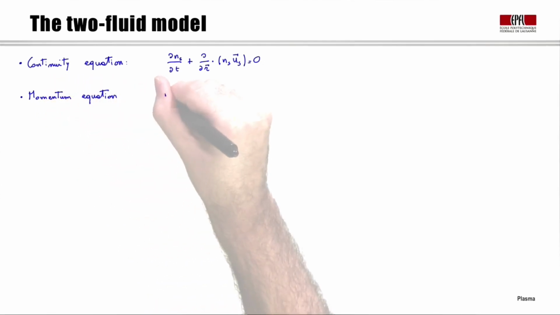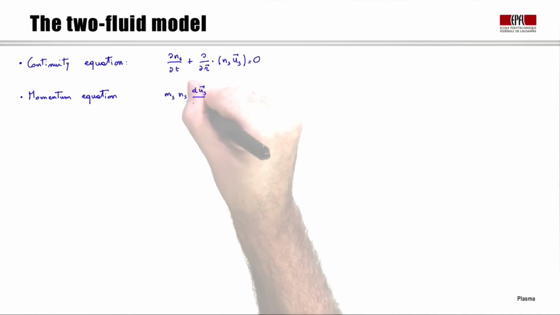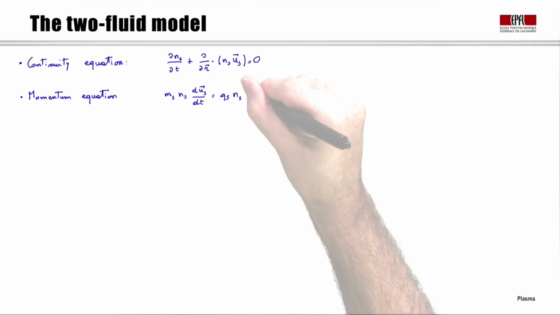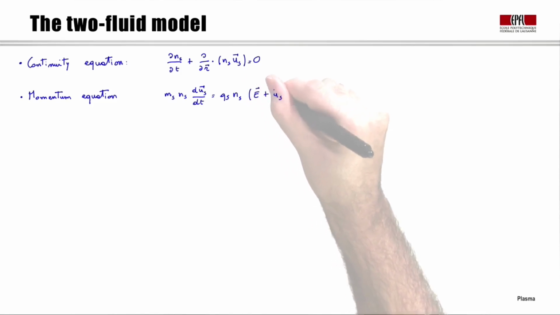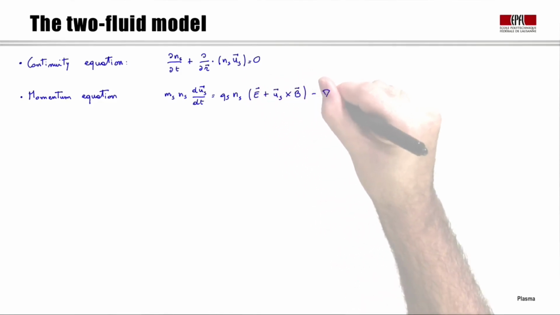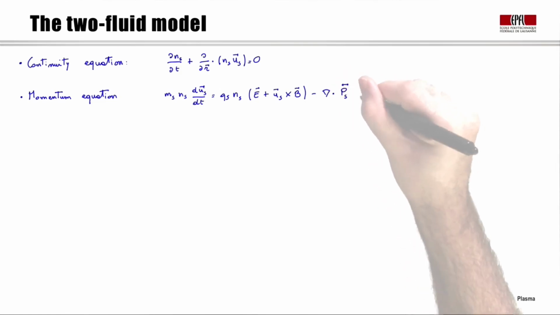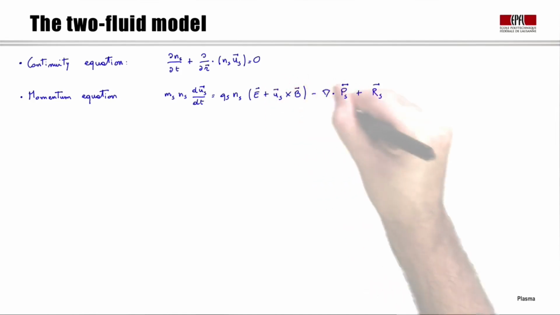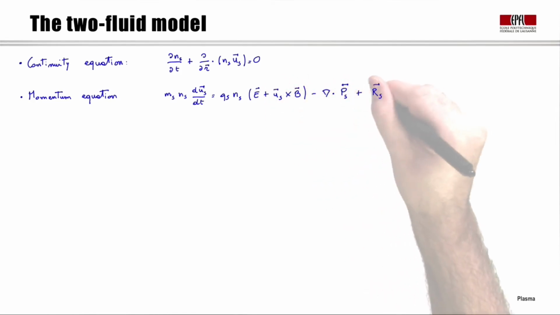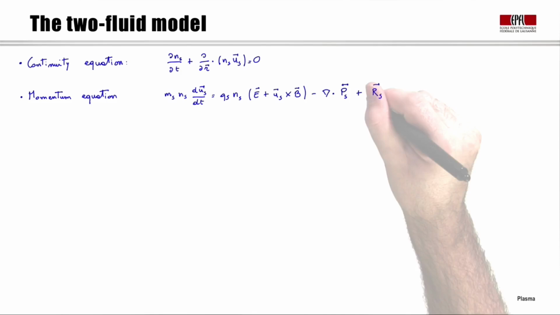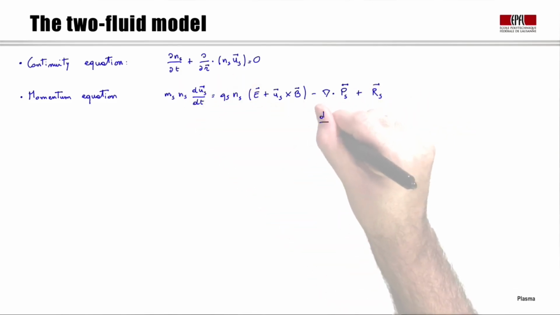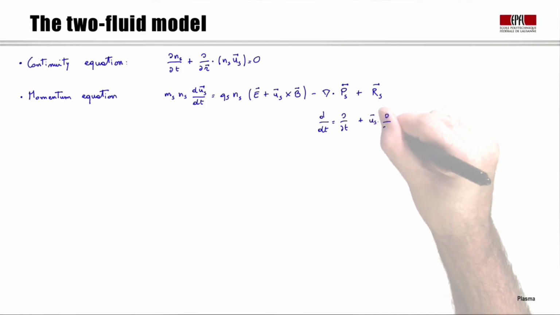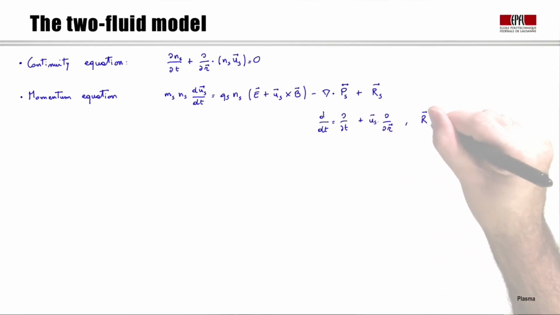which states that the time derivative of the plasma velocity is due to the forces that are acting on this fluid element. That is the electric force, magnetic force, pressure forces, and friction force. With d over dt, we have made the convective time derivative, that is, and the friction forces are given by